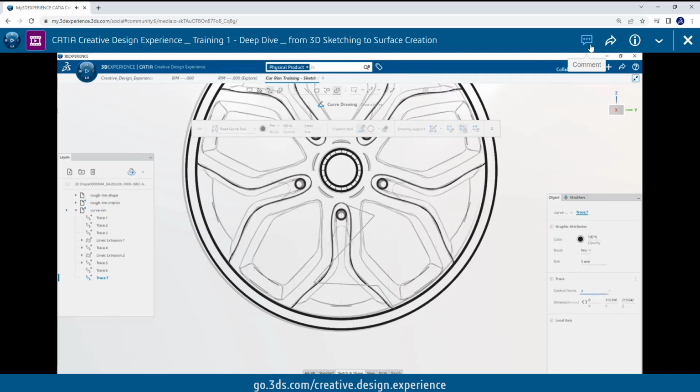In the Object Properties panel, I am also able to edit the number of control points of my trace, and when I position my stylus on the slider, I have a preview of the point repartition in the 3D view. I can drag the slider to adjust, or enter a precise number.